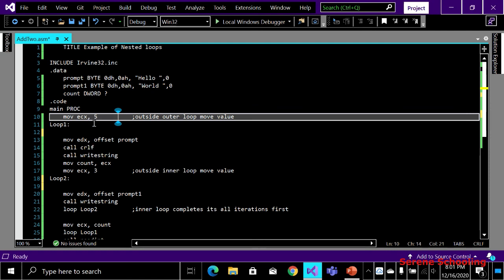So now we know that our ECX decrements automatically. It means now ECX becomes 4. This will execute, then this will execute 3 times. It will again go over there. ECX becomes 3 here. It will execute once. It will execute 3 times. Again it will go over there. It becomes 2, and like this. Okay, for each ECX value, each outer loop value, the inner loop will execute that many times, that is 3 times. Okay, so we can see on this screen as well how this loop is working.